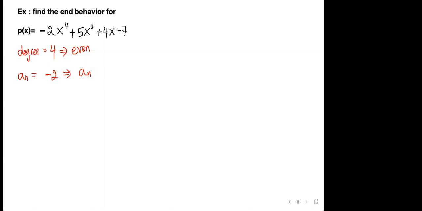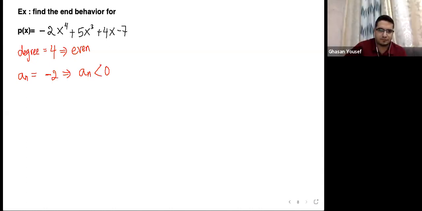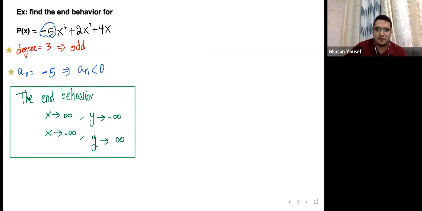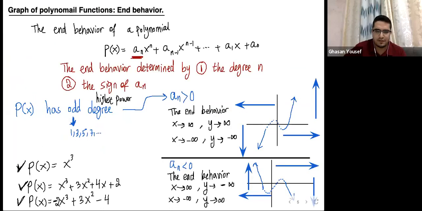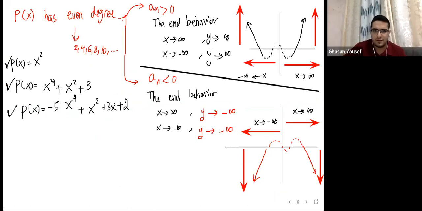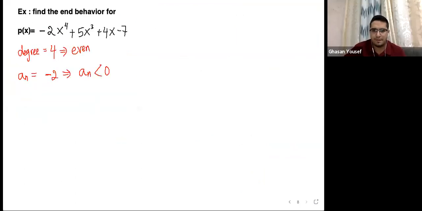Yes, it is negative. So its degree is even and it's negative. So even and negative. So when x goes to infinity, y goes to minus infinity. When x goes to minus infinity, y goes to minus infinity. So the end behavior,